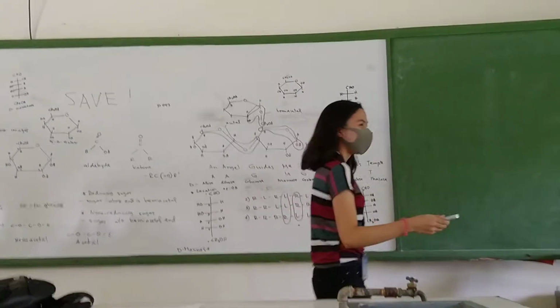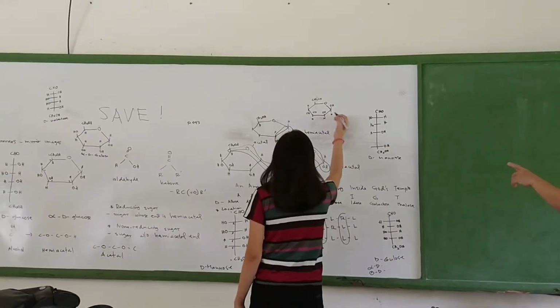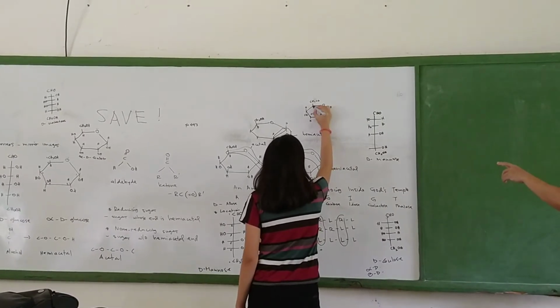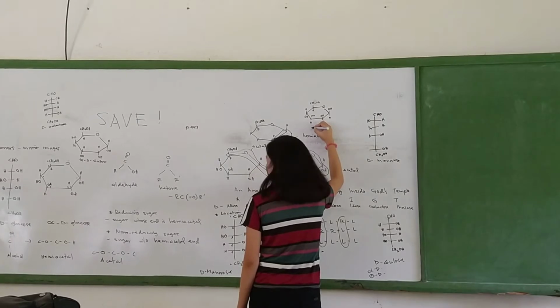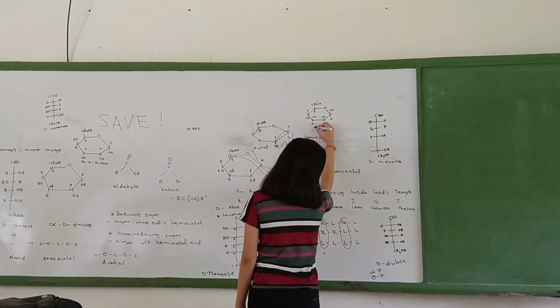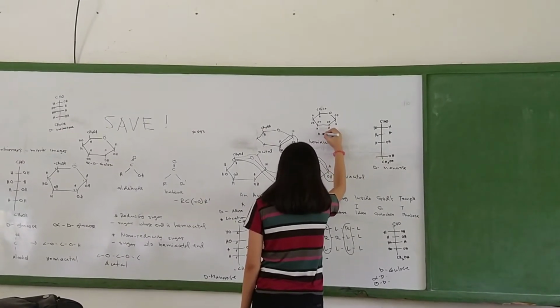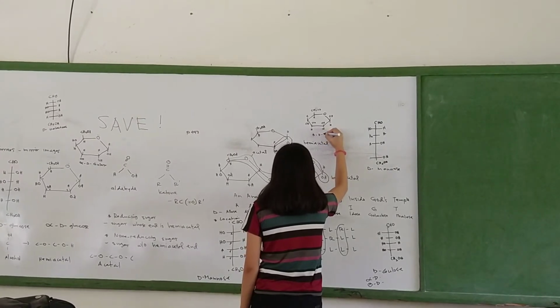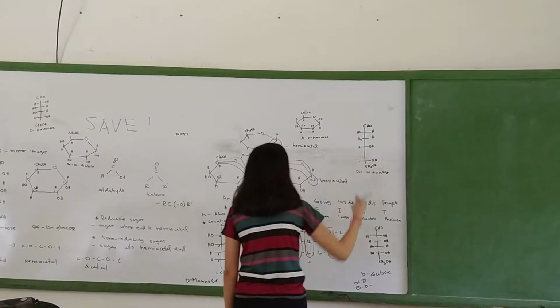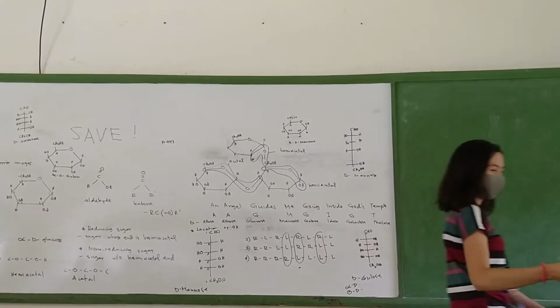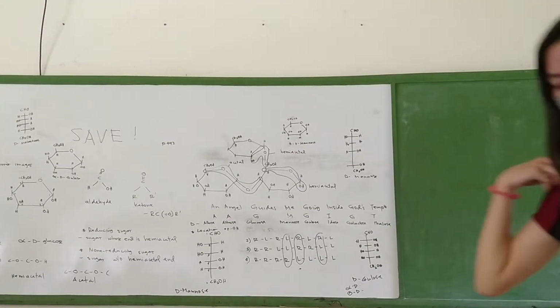Okay, very good. The H there. Fifth carbon, H. Okay, you write it: beta-D-mannose. Very good. It's easy. So in your quiz, in your exam,